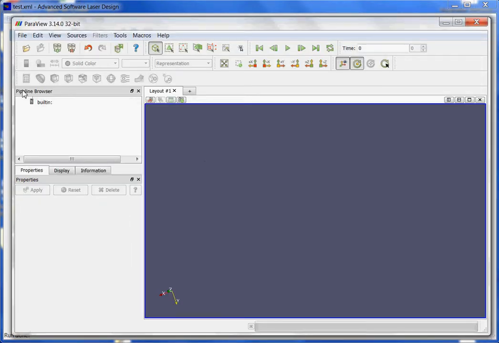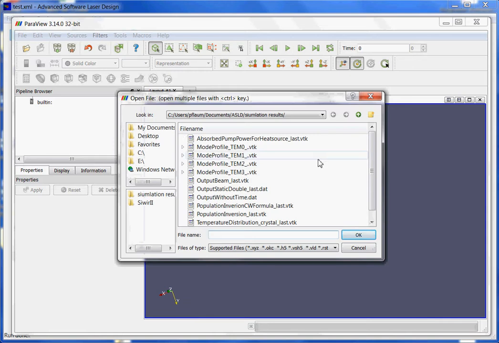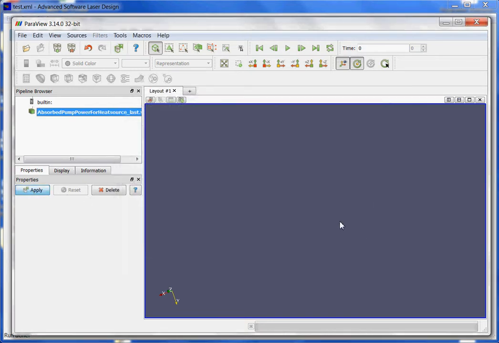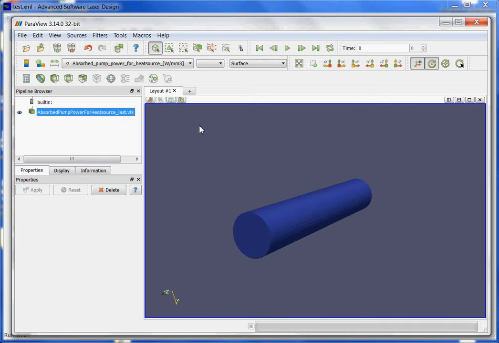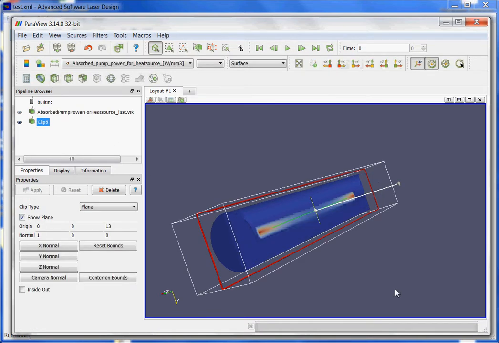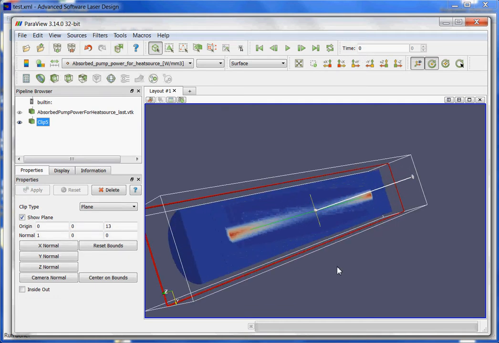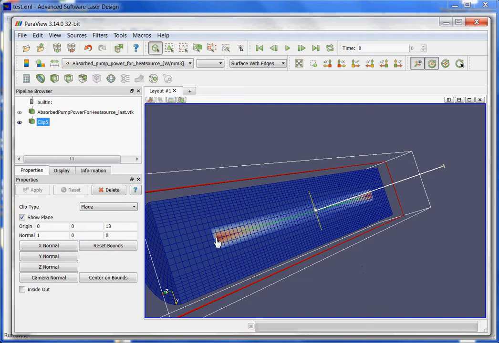When we open ParaView, we only have to click and choose this directory, and now let us see how the pump light is discretized by ASLD. To this end, we have a look at the absorbed pump profile. Of course, we have absorption only inside, so we have to make a cut. And now here we can see the absorbed pump power. We would like to see the grid lines, and we go to surface with edges, and now we can see the discretization grids,